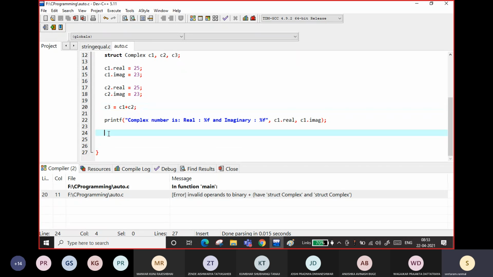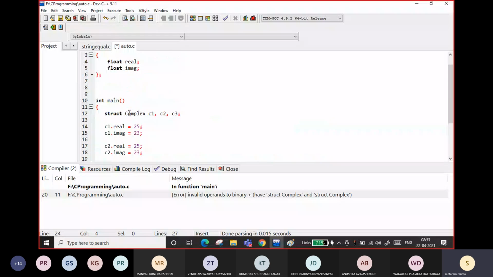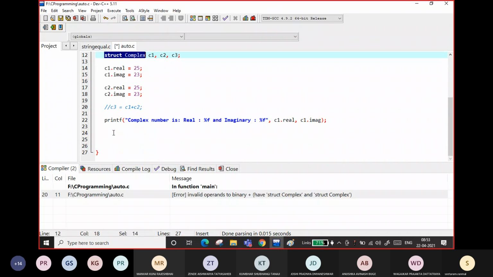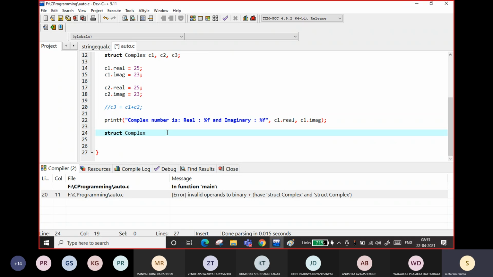So for that, you can define a function. So let us see how to achieve this C3 equal to C1 plus C2. We can write a function which will have the return type as a complex number, right? So I will say struct complex as a return type.